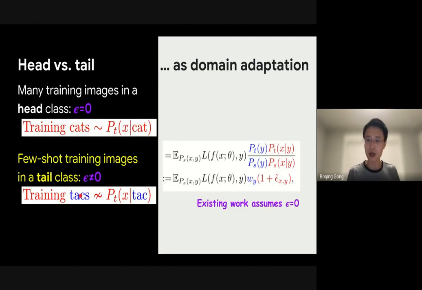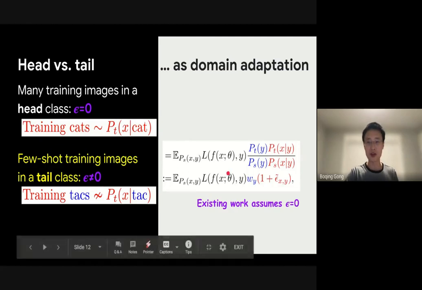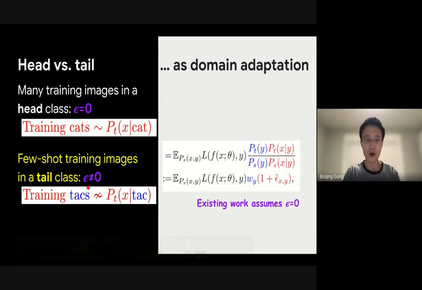We only got a very few number of images. That's not a very good estimation of the real-world scenario. So we don't think it's a good or faithful representation of the testing stage distribution. So we cannot assume it's 0. So following this reasoning,